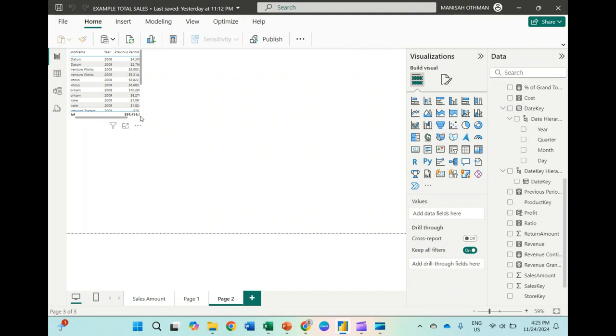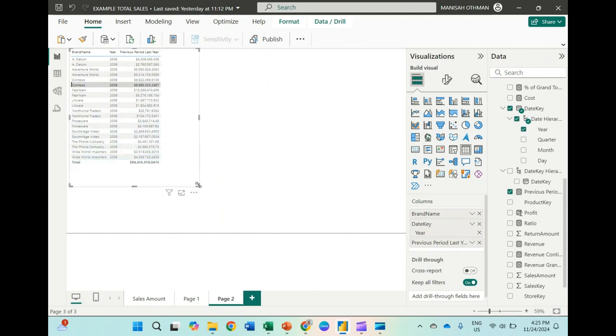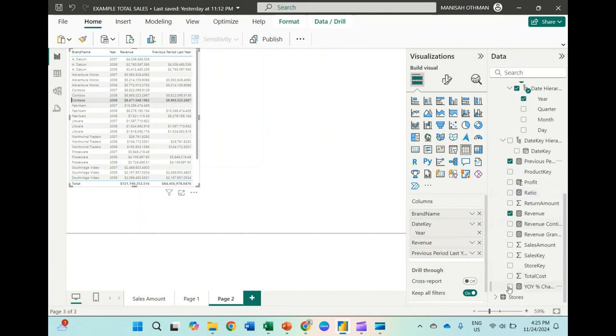Now you get a value. Because we refer to day, we must refer to a daily period. We choose a date. So this is for every year, previous period year, and then maybe we want to put a revenue. Revenue for 2000 for this brand. If you want to put revenue first, click revenue and then previous, and year over year change.